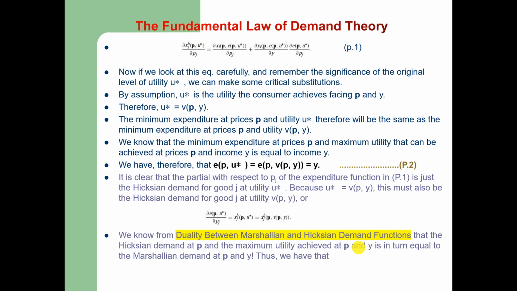So we know from the duality between the Marshallian and Hicksian demand functions that the Hicksian demand at P and the maximum utility achieved at price vector P and Y is in turn equal to the Marshallian demand at P and Y. Thus we have that the partial of the expenditure function with respect to Pj is equal to xj of P and Y, and we call this P3. To complete the proof, we substitute P2 and P3 into P1 to obtain